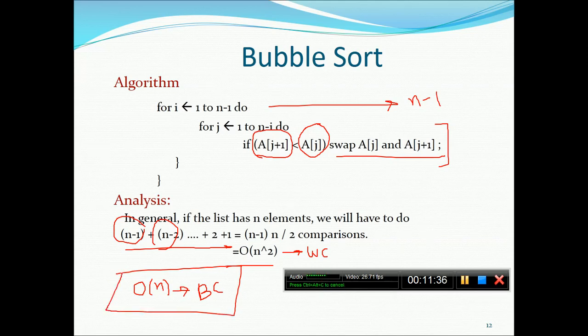So how does the algorithm work? For every i from 1 to n minus 1, it will keep on comparing with j. For every j, it will compare the two: index 1 and 2, 2 and 3, 3 and 4, 4 and 5, 5 and 6, in the same pattern. And whenever the smaller index has a greater number than the larger index, then a swap will be required. Okay, so the next topic